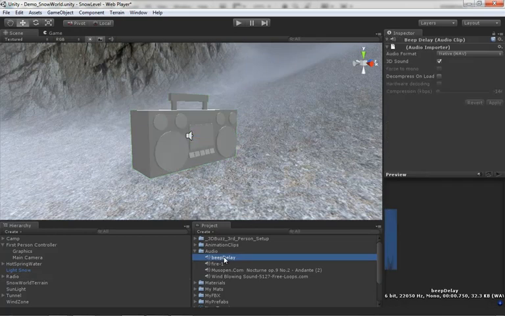If I jump over to this file and I hit play, that's all it is. It's just a beep. So if I actually set this to loop,